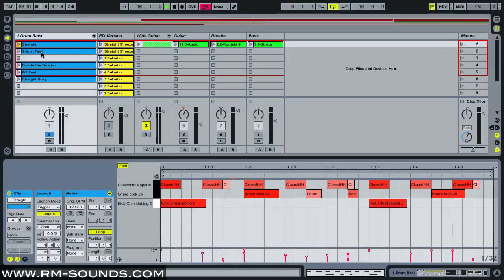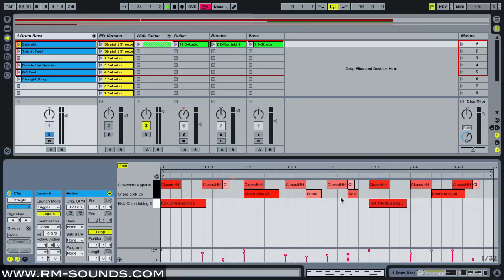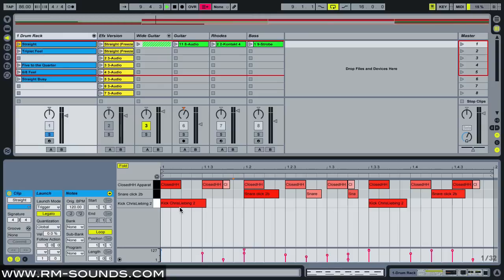it's going to preserve the playback position of each clip, meaning that if I play this straight clip and then go to the triplet feel clip and back to the straight clip, no matter when I launch it, the straight clip will be back in time with where it was when it was originally triggered, meaning our little side stick hit here is always going to be on beat 2 and a little after beat 4, and all our kicks will be on beat 1 right here, and it's going to stay musically in time with all the other elements in our song. So to demonstrate that,